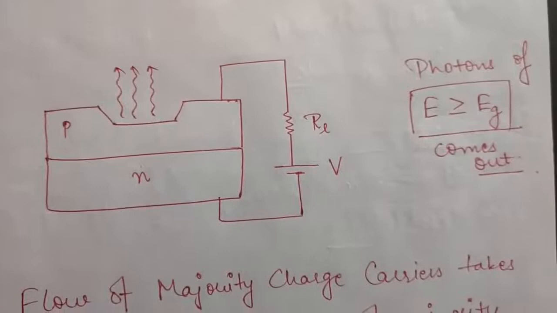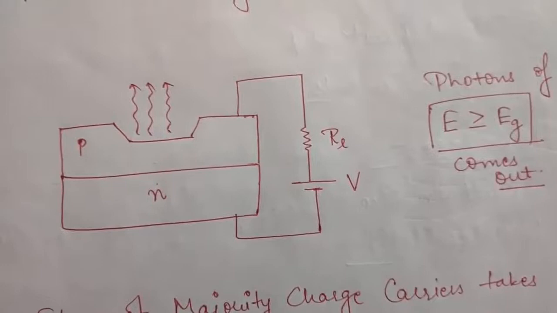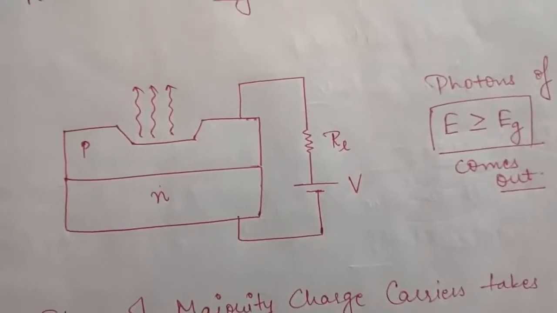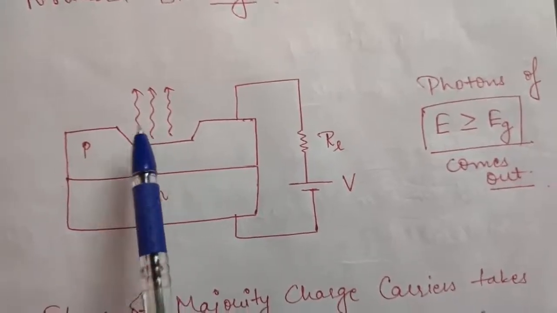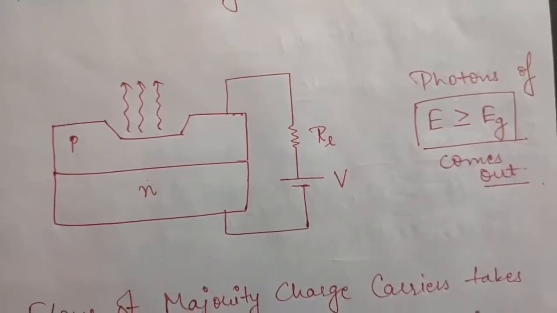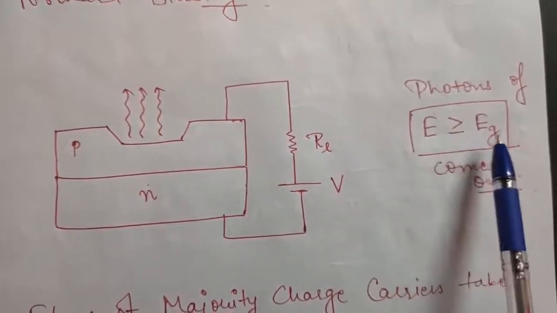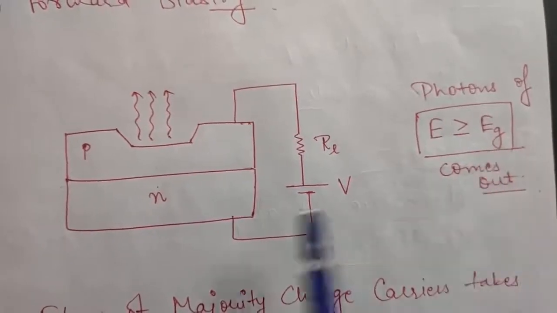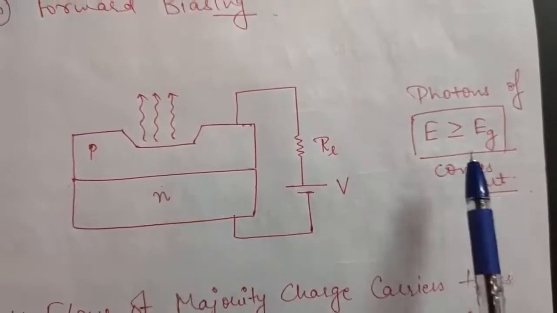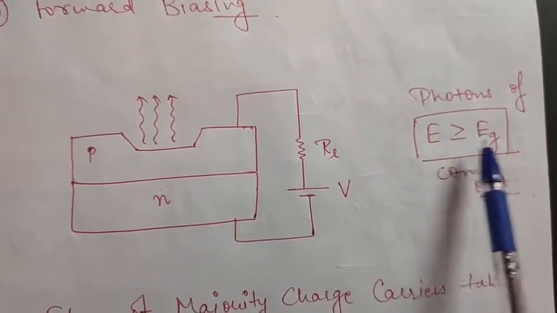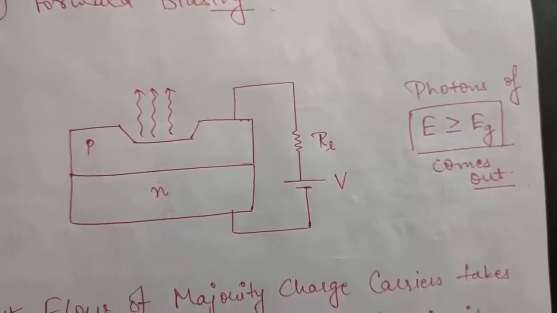As soon as the combination, or you can say the recombination, of electrons and holes takes place, light will be emitted, or you can say some energy will be emitted. Now this energy will only be able to come out, or you can say only those photons will be able to come out which have energy greater than or equal to the band gap energy. So due to the recombination of electrons and holes, photons are generated, and the photons having energy equal to or greater than the band gap energy will be able to come out. So this is the working of a light emitting diode.